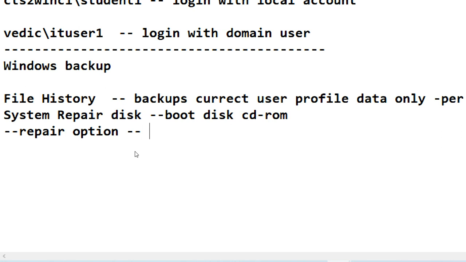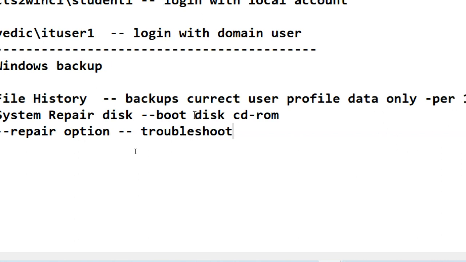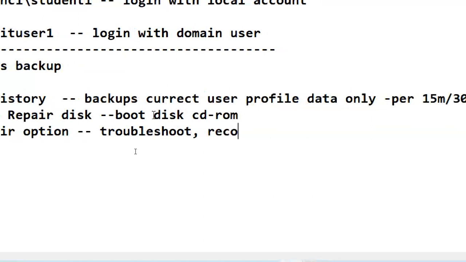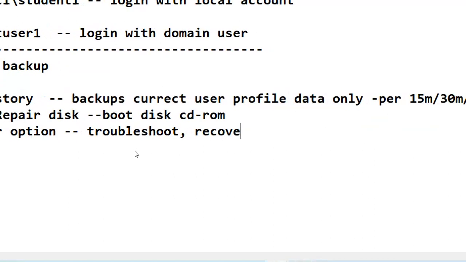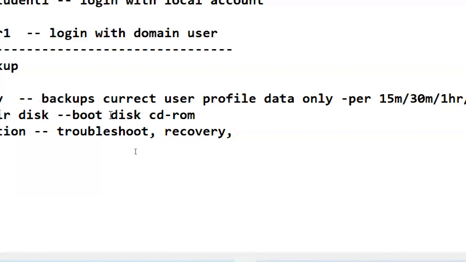You want to go to the repair option to troubleshoot, or for a recovery like that. You need a repair option. But to go to the repair option, the same OS DVD is required. For example, Windows 10 Enterprise, or Windows 10 Home Edition, the same build version DVD is compulsory.